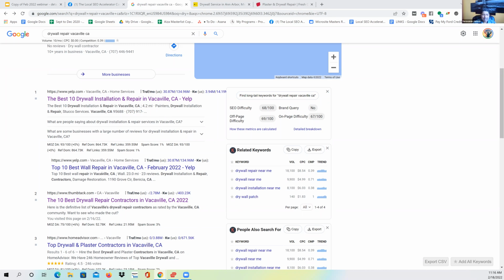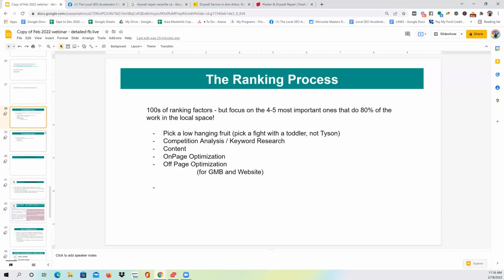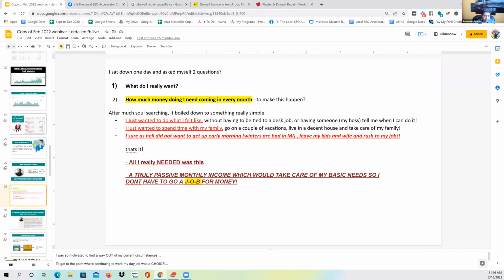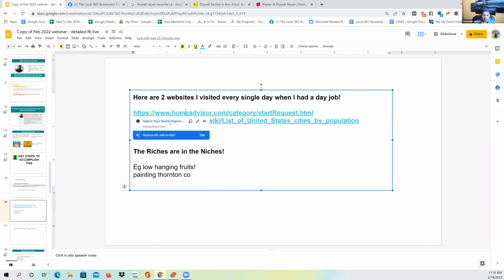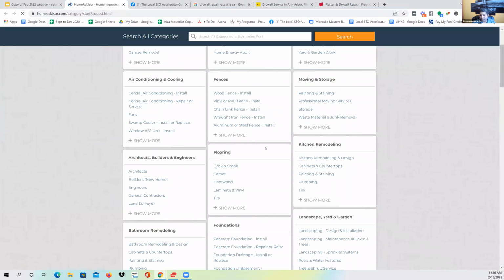The reason I'm saying that is most of these business owners that are on Home Advisor. Okay, so let's just open up the slide we had. Let's go to the slide here. A moment. So if you go to this Home Advisor link, most of the business owners here who are paying Home Advisor,